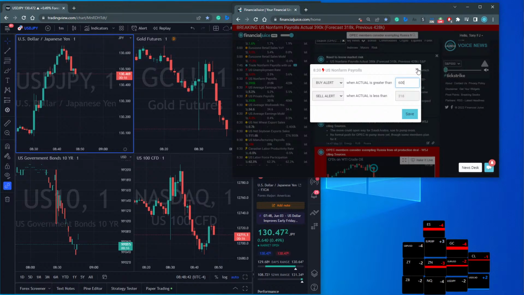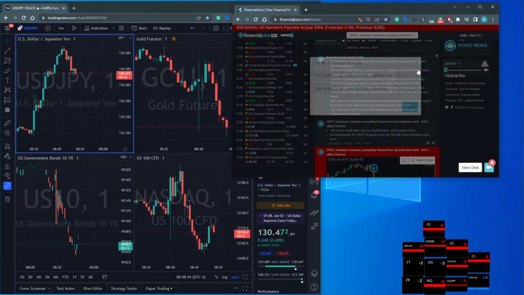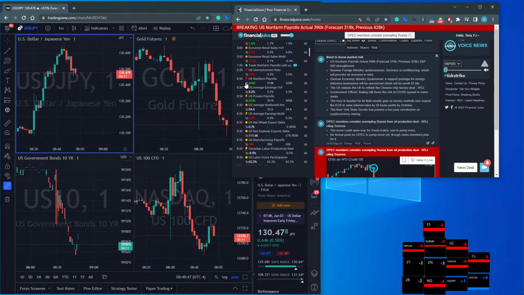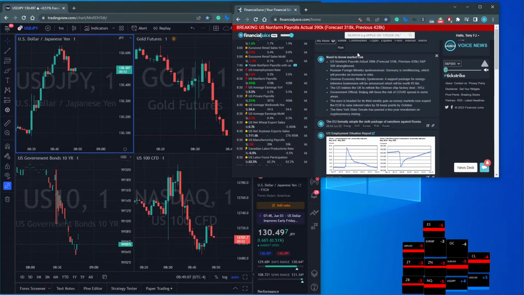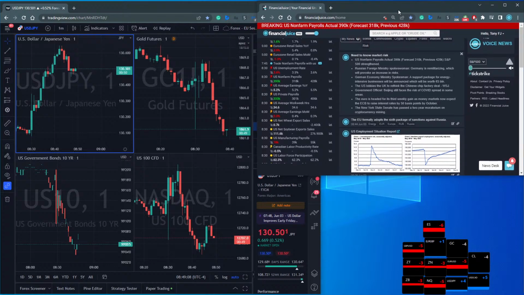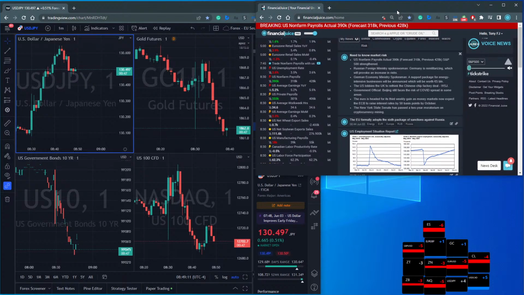But if it did meet the trigger that I put in manually myself, then it will appear here with a buy or sell signal, and that's, again, as soon as the figure comes out, that's when the notification appears at the same time here on the side. So that is also real time with FJ or Financial Juice Pro. What we try and do is help you as much as we can from our side to give you the best information, quickest updates, and give you an understanding as to what's going on within the market.